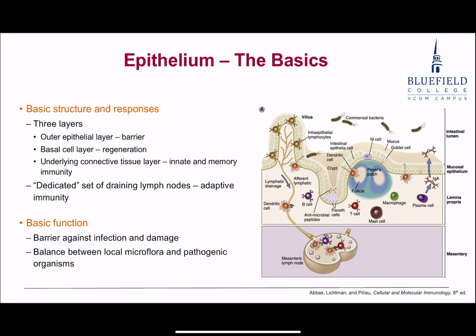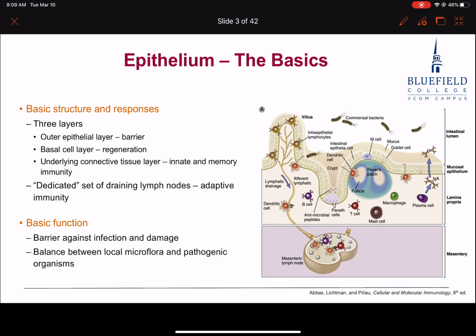Okay? And then you've got that basal cell layer, which is the stem cell layer, and it's typically only a single cell thick, that are your undifferentiated stem cells, that then when the cells are sloughed off and they need to be replaced, those stem cells then begin differentiating and produce the terminally differentiated exterior cells. Okay, you've got that underlying level of connective tissue, so those are the three levels that make up that epithelial barrier. The epithelial cells proper, and then that supporting tissue under it,